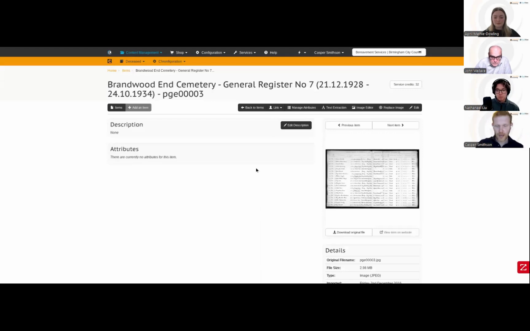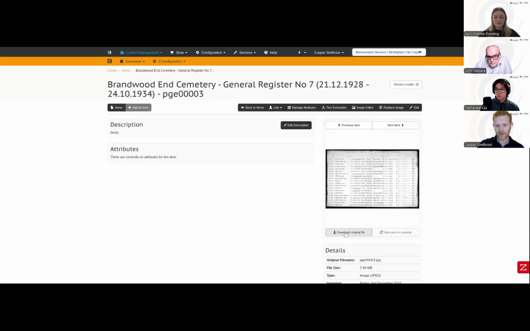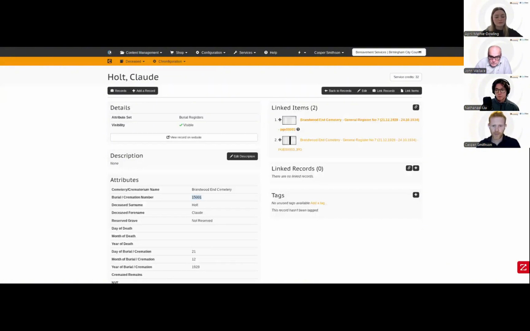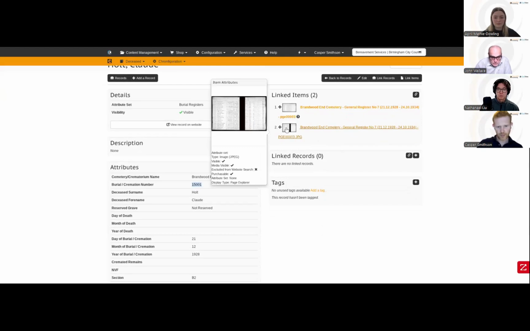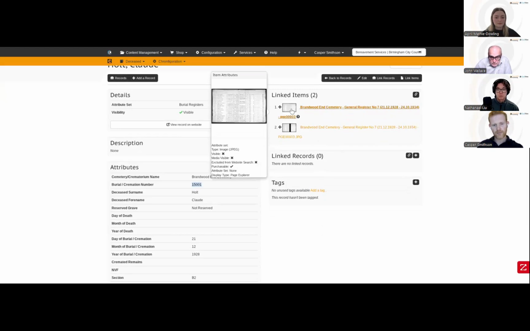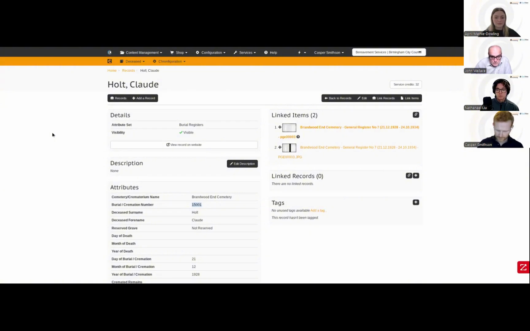And you can see here that the non-redacted version is available as well, where you can download the original image, so that you've got that internally to share or use from there. But if we go back to the record again, you can see both images are here. This one is publicly accessible. The other is only internally accessible. We know this by the media visibility here, which is ticked on this one, whereas on this one the media visibility is hidden, so it's not showing on the front-end website.